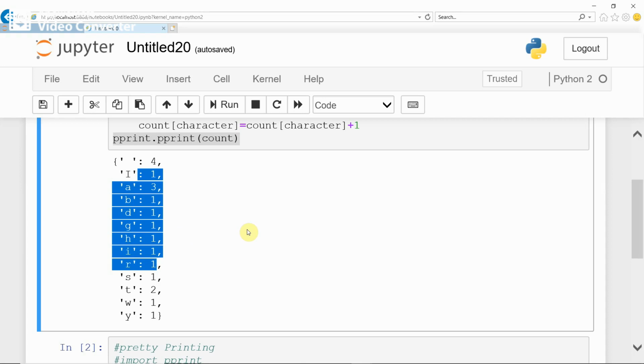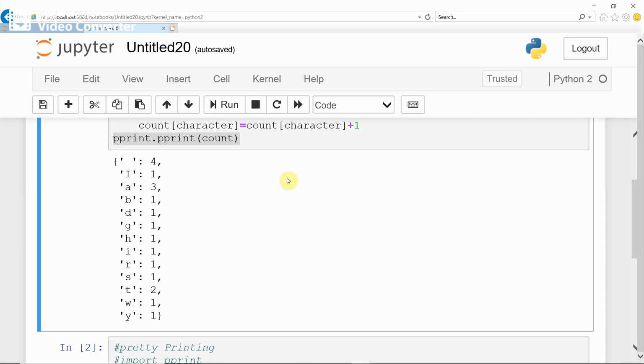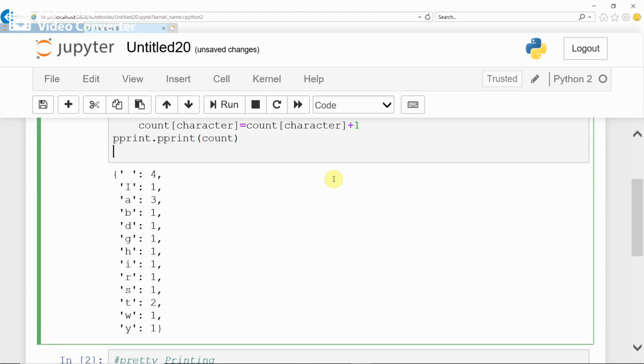You can also use one more method to print in a formatted way: print, in brackets, pprint dot pformat. What do you want to format? You want to format the dictionary.